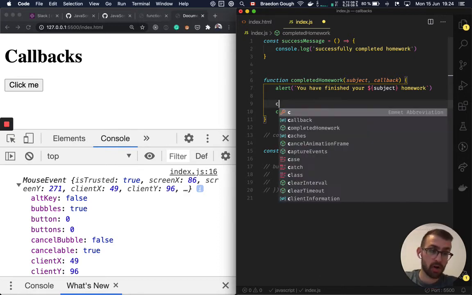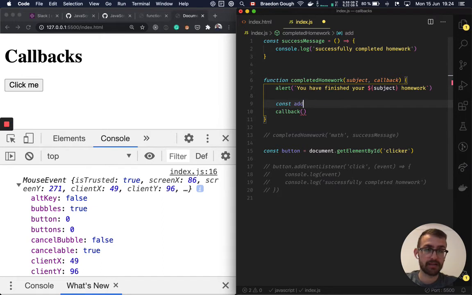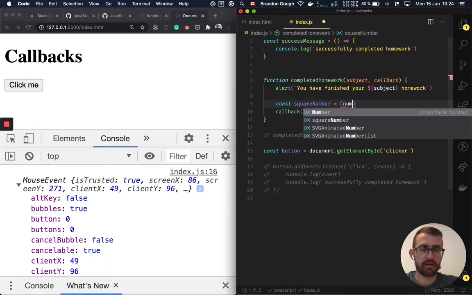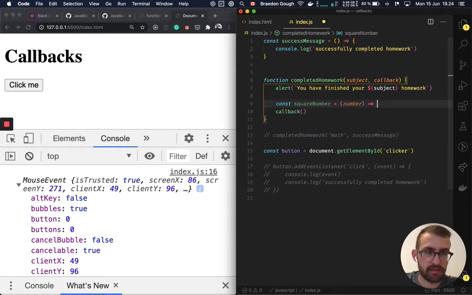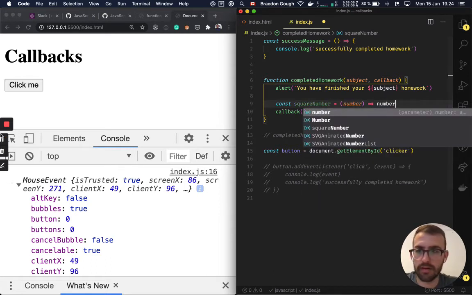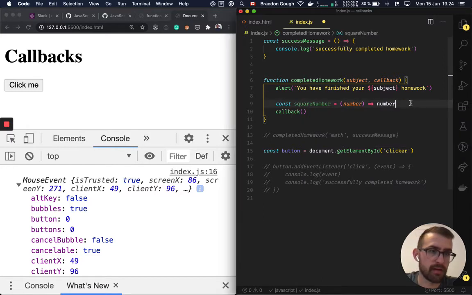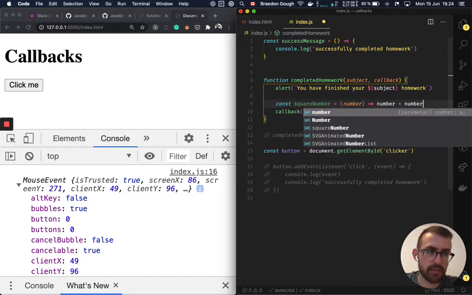I'm going to create a callback called const add equals an arrow function. Actually, let's call it square number. This is easy because then I can just pass one number in. We do number times number,